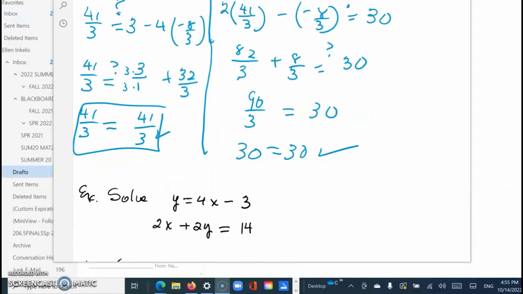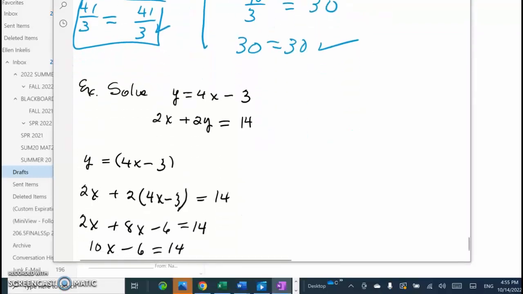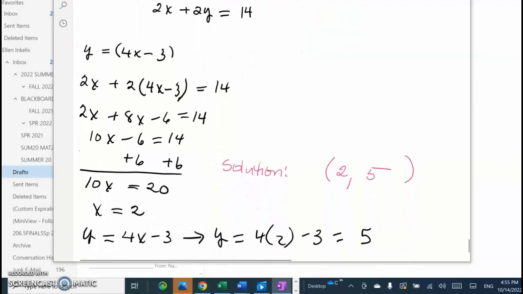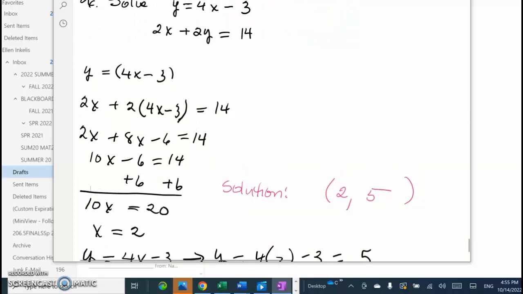Okay, please try to solve the following system of equations. Please pause the video, try it on your own, come back and look at the solution. Okay, let's take a look at the solution. So we have y equals 4x minus 3, 2x plus 2y equals 14. We're going to use the substitution method, and wherever we see a y, we're going to plug in